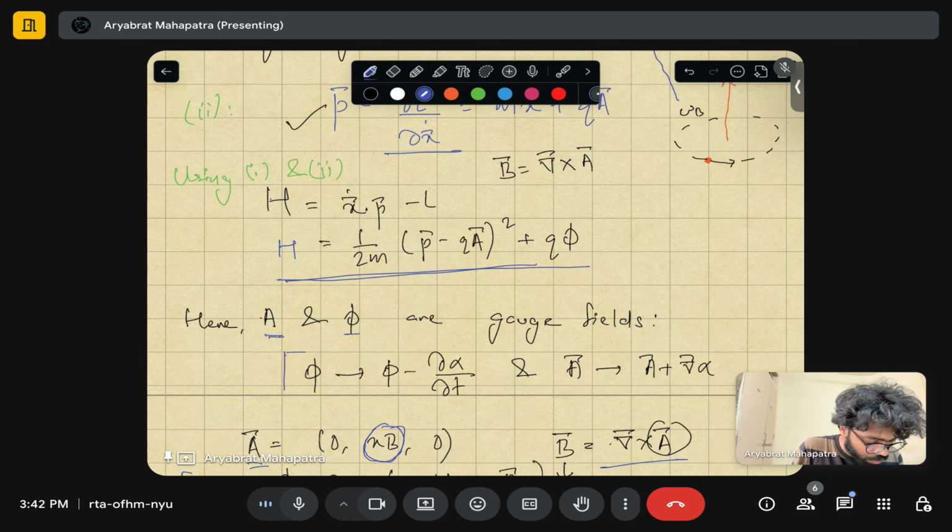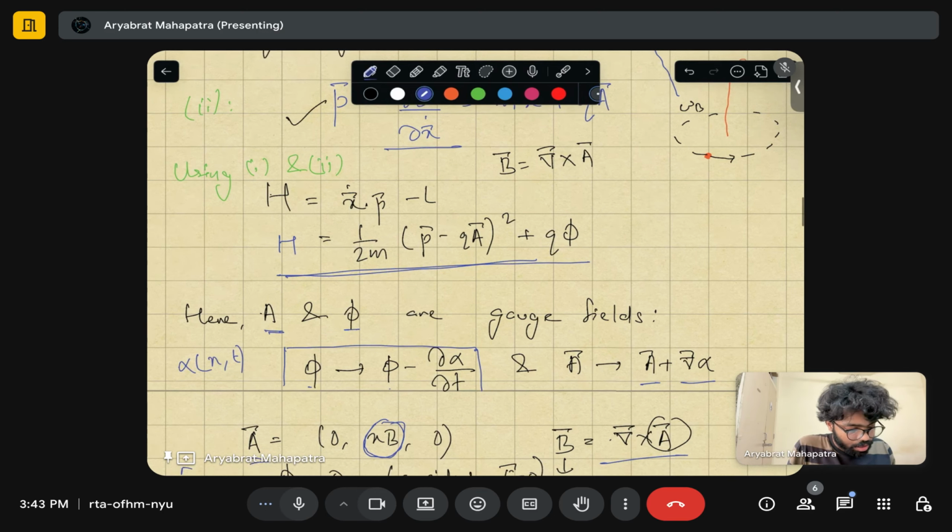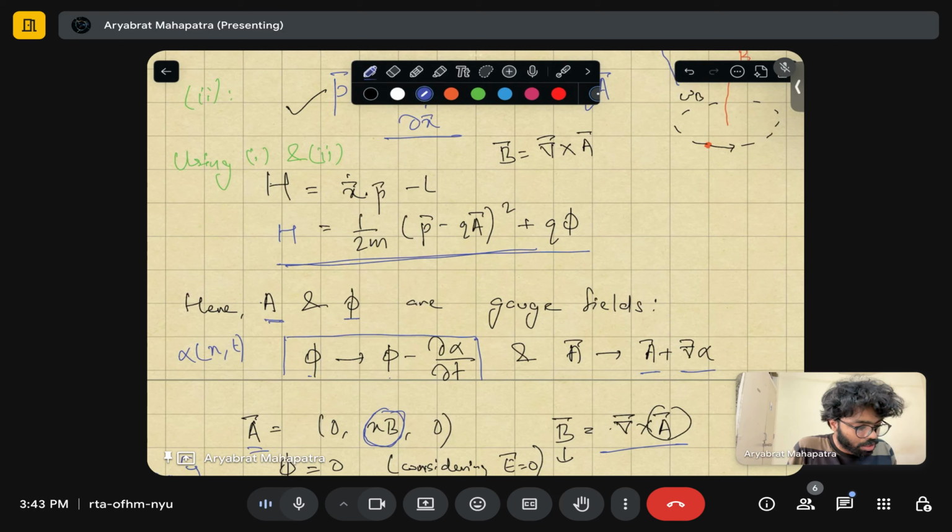For example, if you change the phi of your system to phi minus del alpha by del t, where alpha is some scalar quantity, so it depends on position and time, and A to A plus grad alpha, then you will find that under this transformation